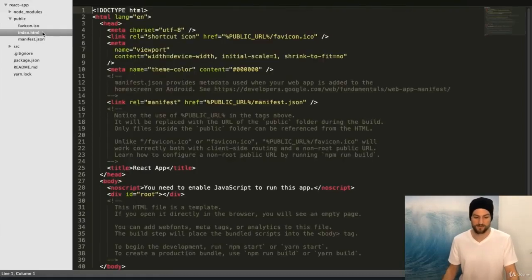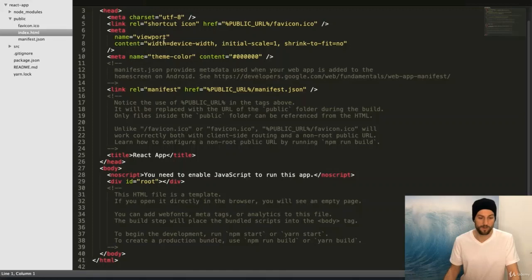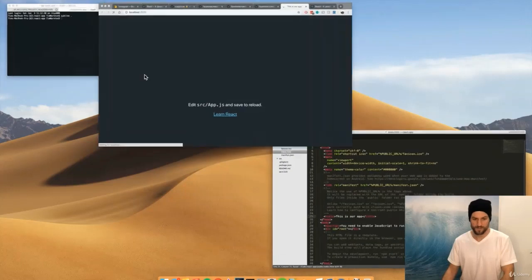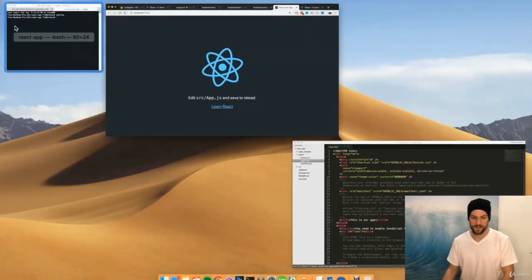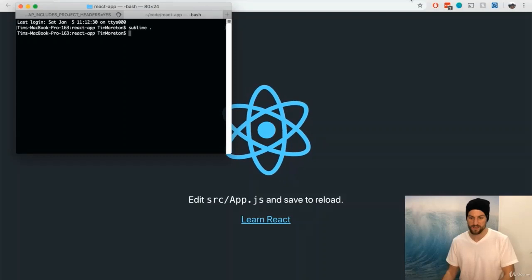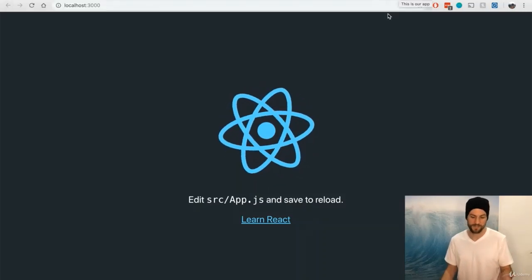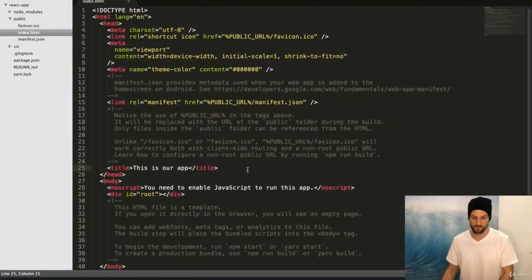Public is just the file, our HTML. So if you've done any web development before, this is very familiar. This is just an HTML document. Here's our head. Here's the title of our app. This is our app. I can't spell. And the cool thing is that there's hot reloading, and as you can see, the title of our website updated already without having to do anything. So if we revert back and then save it,